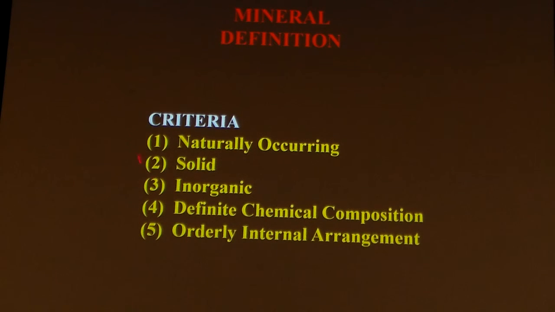All right, so what do I mean by a definite chemical composition? Minerals are made out of elements. Hey, look at that. We have a periodic table over here. Recognize these guys? These are the simplest little bits of matter that make up our world and our universe, and those are what we call elements. Each mineral is made up of one or more combinations of elements in set proportions. The mineral quartz is very common. We find it all over the surface of the earth. Its formula is SiO2. So every time we find quartz, it has 2 oxygens and 1 silica. That formula makes quartz, plus some other things. But that formula is very